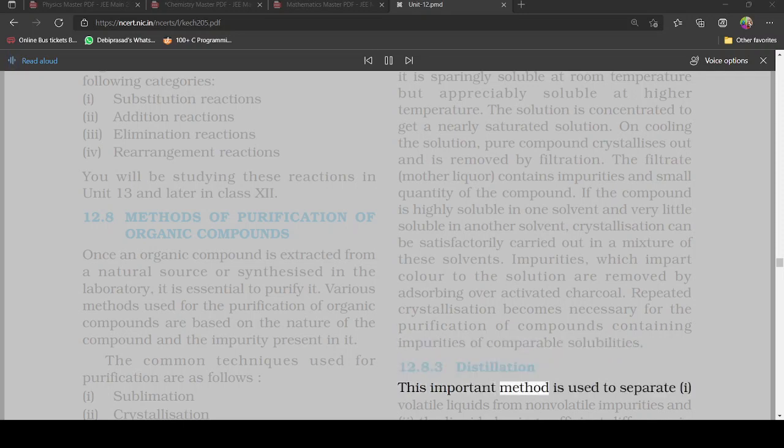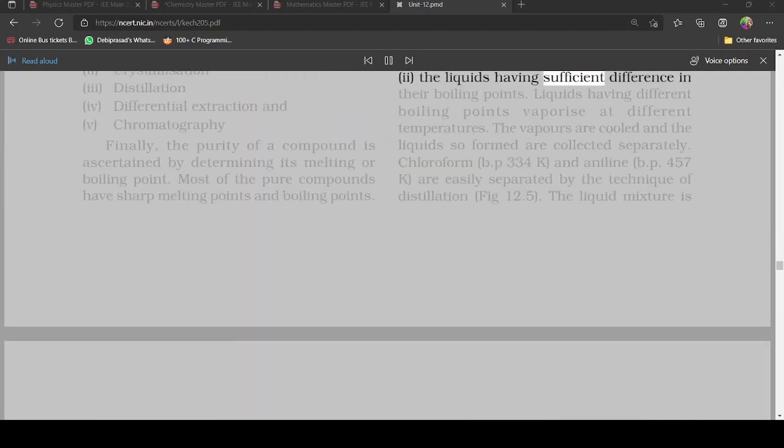This important method is used to separate 1. volatile liquids from non-volatile impurities, and 2. the liquids having sufficient difference in their boiling points. Liquids having different boiling points vaporize at different temperatures. The vapors are cooled and the liquids so formed are collected separately. Chloroform, b.p. 334 K, and aniline, b.p. 457 K, are easily separated by the technique of distillation, Fig. 12.5. The liquid mixture is